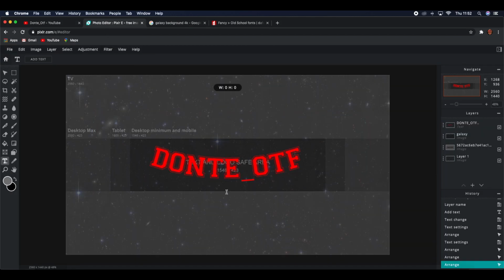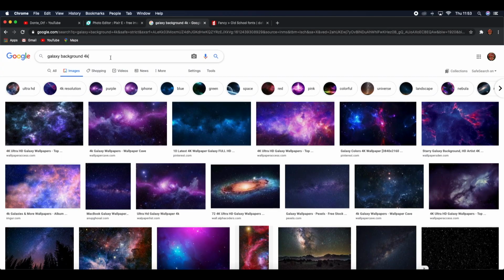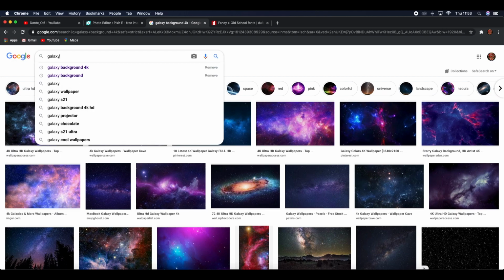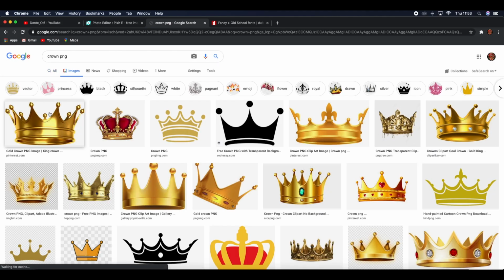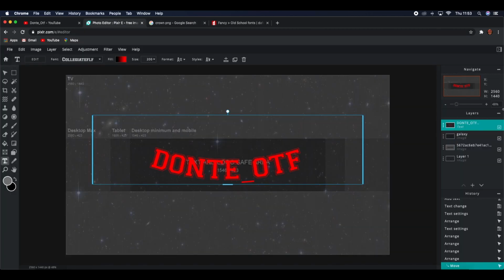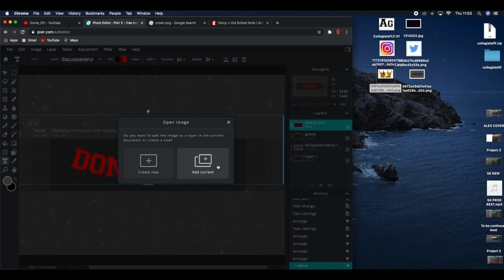So you can go to the internet and type in what I've done. I just went over to crown PNG. You're gonna want to type in PNG so it doesn't come up with a background. So I've chosen the first one, and then you're gonna want to drag that in, add current,